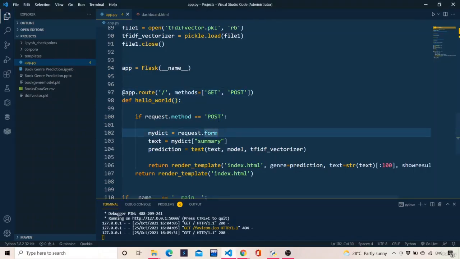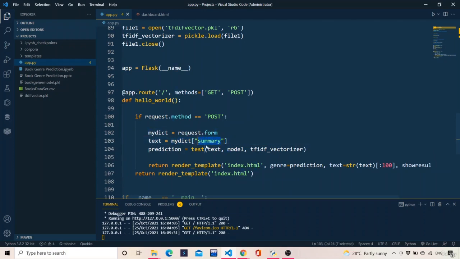If there is a POST request, then we are storing that data in a mydict variable, and then we are taking the most contextual thing out of it. That means we are taking out what we desire from the data. So from this mydict we want the summary.